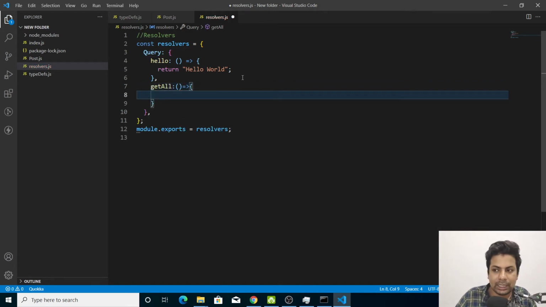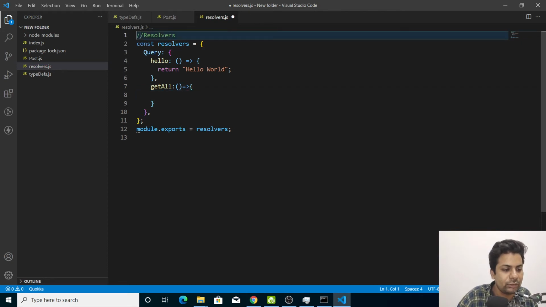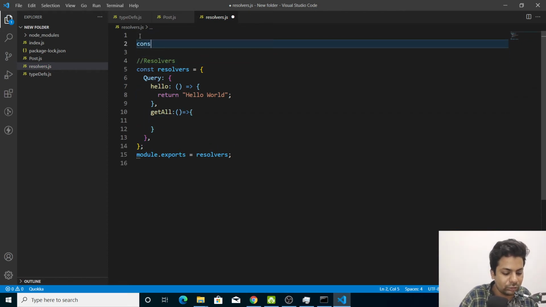But now I have to fetch from MongoDB. So here we have const post equals require dot slash post.